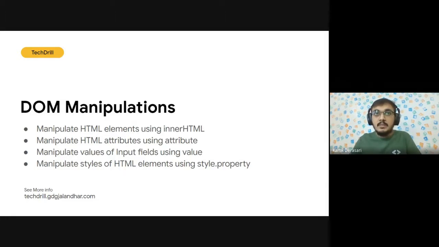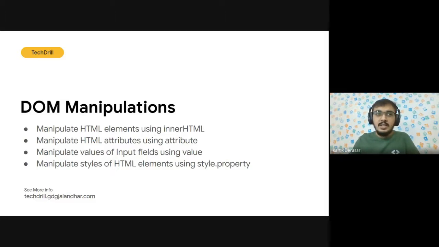So we can change the values inside an input field, and if we want to get the values from the input field, we can do that too. This is mainly used whenever we are creating a form or some kind of input field to get user input, and we are briefly going to see how that works.